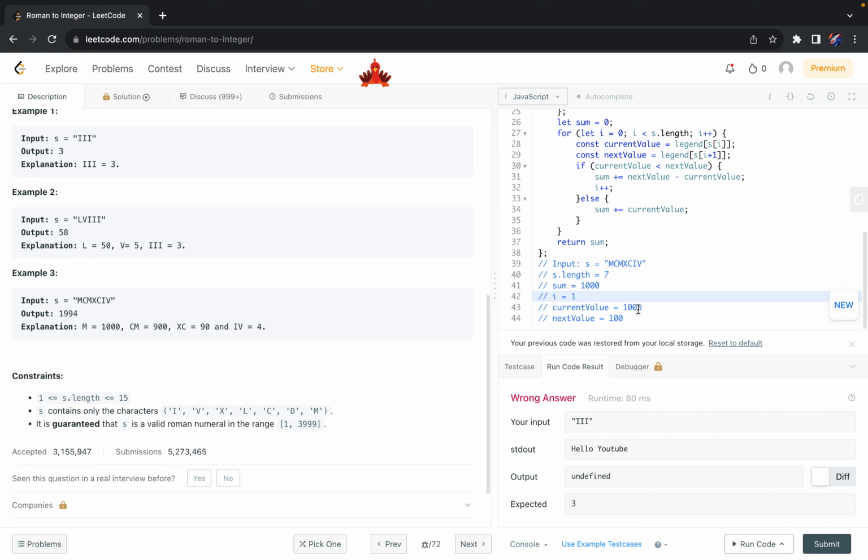All right, let's update our current value. We already know our current value of legend of s of 1 is 100 because it is a c. And then next value, legend of s of I plus 1. 1 plus 1 is 2, so s of 2 is m, which is at index 2 in this input string s. So we say, what is legend of m? We already know that is 1000. So now we hit our if condition on line 30. If 1000 is less than 100, which it is, we'll do sum plus equals next value,